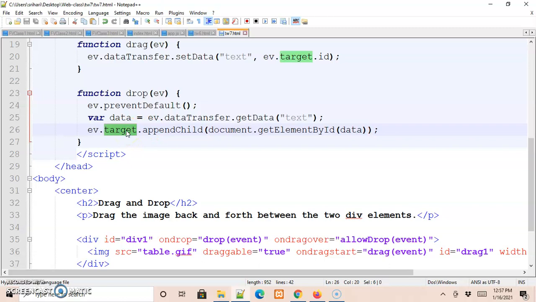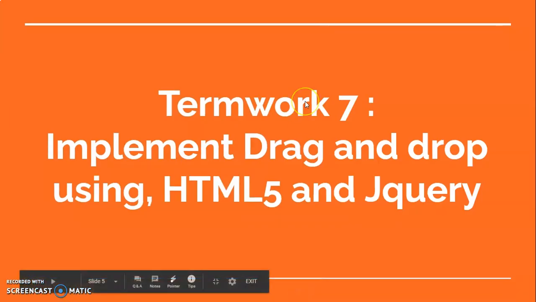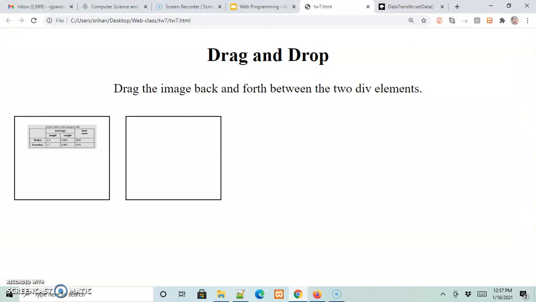Okay, so in this way we can drag and drop an HTML element into a specified area. Okay, now let us go to the browser and check how this can be run.